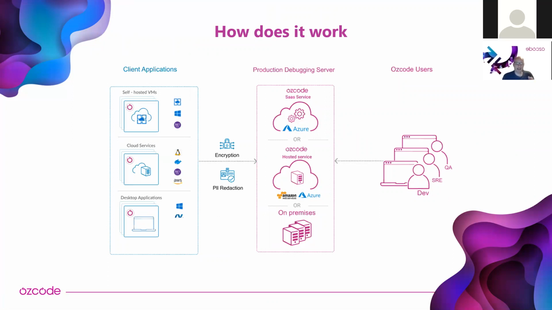So the way it works, again, we just install the agent wherever it is that our code is running. That agent then reports information out to a production debugging server, and that server can be either on-prem, hosted as a SaaS offering, or in a hybrid model where it's on-prem in the sense that I'm installing it on my own Azure or AWS subscription. And then the different developers, QA, and production support staff can connect to that production debugging server and experience a debugging experience through their favorite web browser.